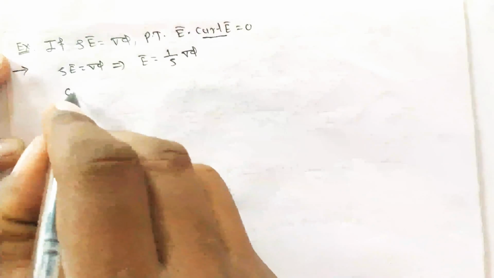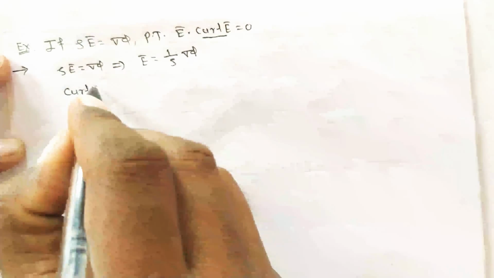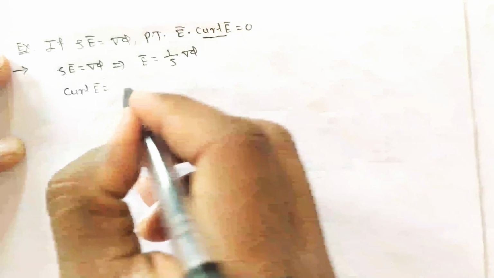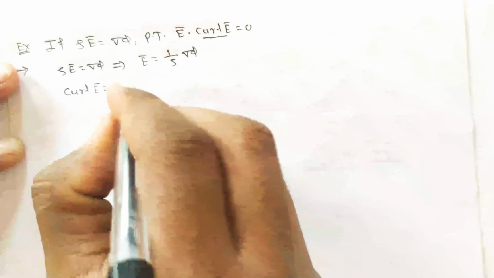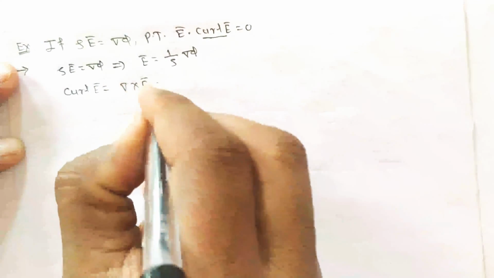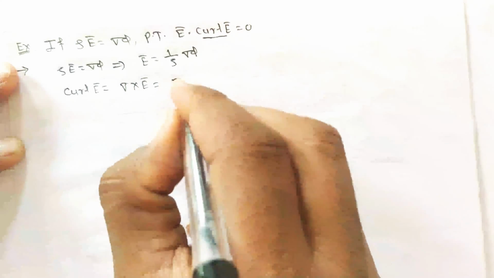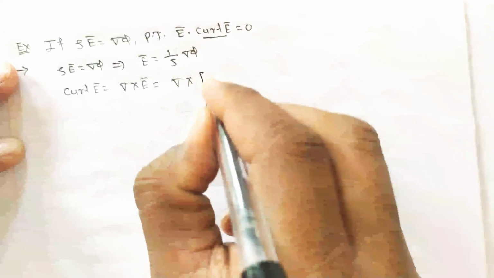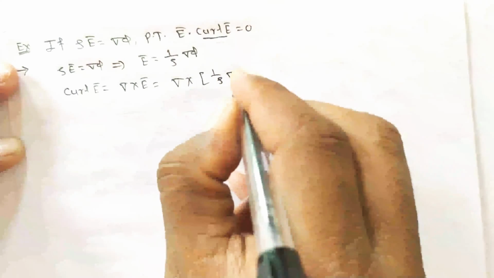Using this, we can write the given vector e bar is equal to 1 by rho into del phi. Now we have to prove that e bar dot curl of e bar equal to 0. For this result, first we will find the curl of e bar separately. Curl of e bar can be written as del cross e bar, which is del cross 1 upon rho into del phi.